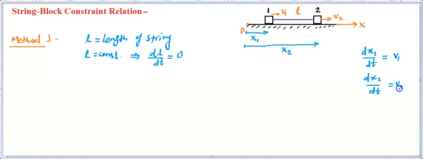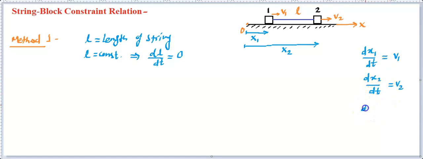Keep in mind that the x1 direction and v1 direction are the same. That's why we are writing those as a plus. Similarly, v2 direction and x2 direction are identical, so we are writing it as a plus. We are not showing that plus, but it is there. Now if this v2 would have been in the opposite direction to x2, we would place a minus sign. So from there we can decide whether to take plus or minus. Point is, we have got x1 derivative as v1, x2 derivative as v2.